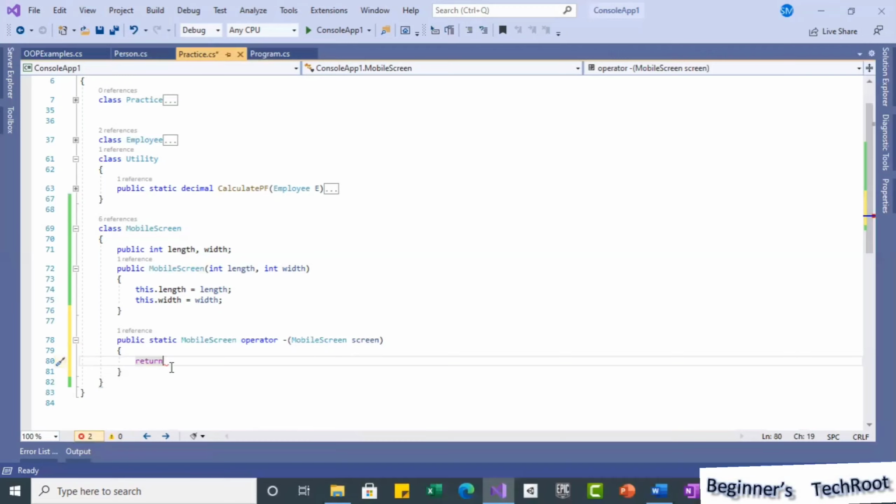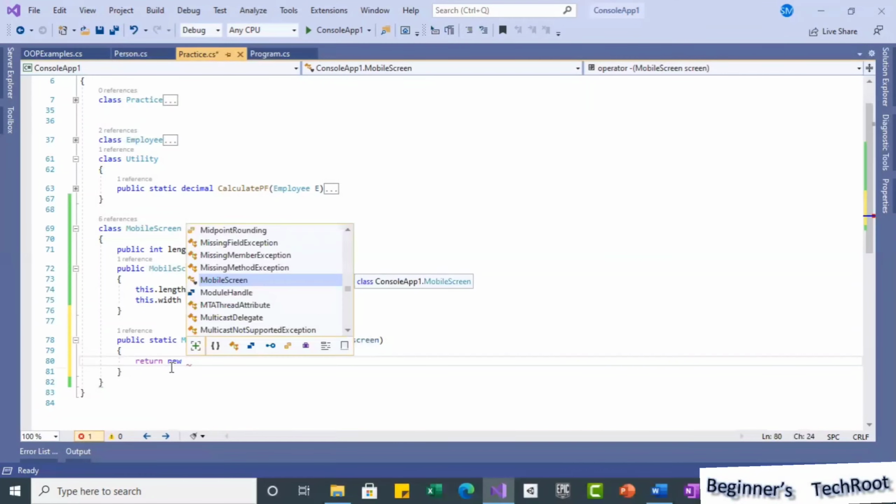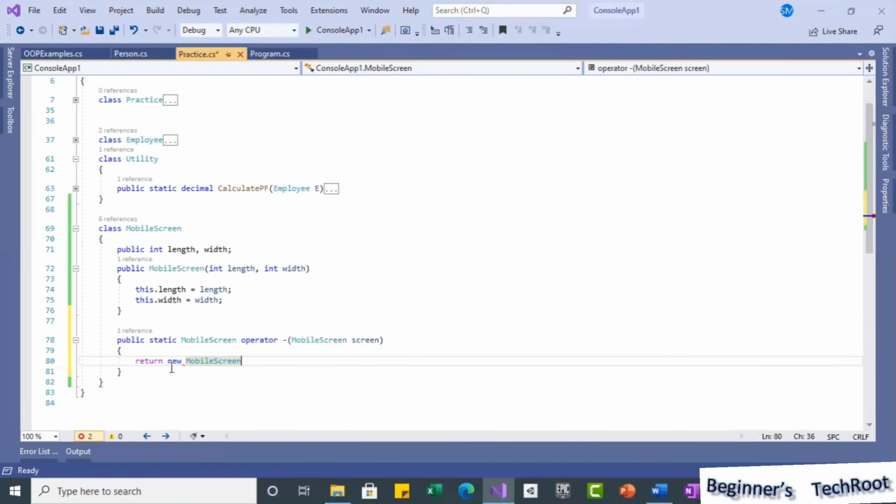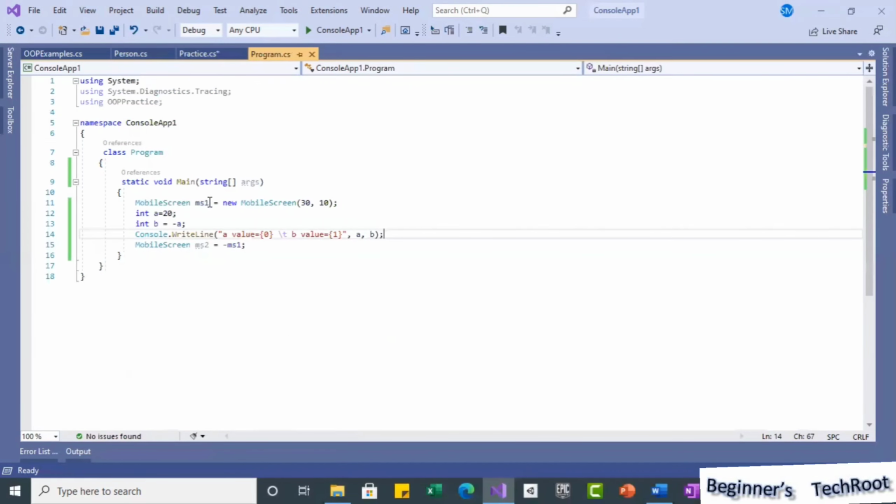Same way here, this is the object. I can use it straight; I don't want to store this. So I will create the object like this, as we usually do when assigning: for this variable of the MobileScreen type, when we are creating the object, we use equal to new MobileScreen 30, 10.